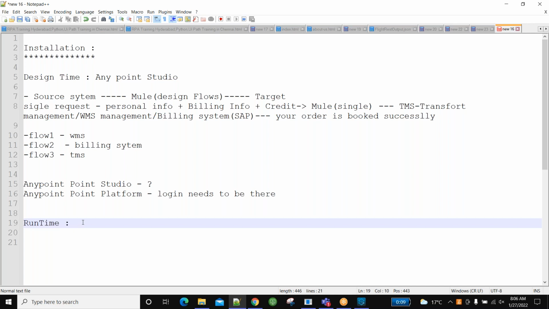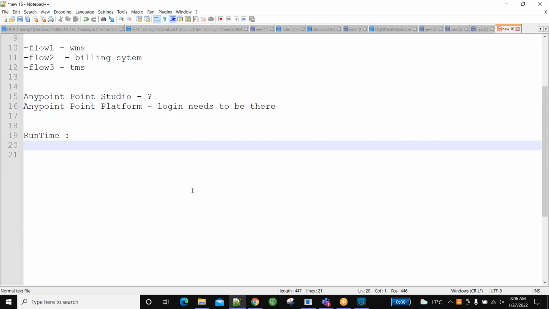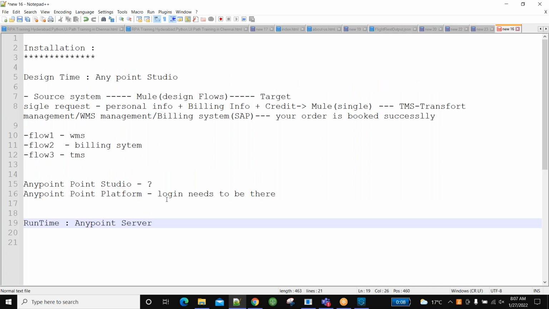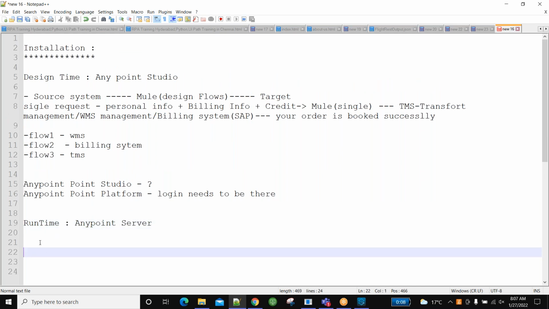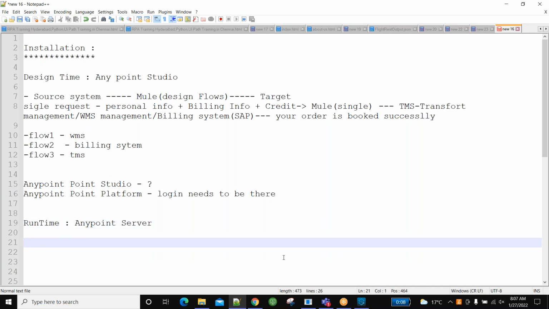That means indirectly I'm saying there should be some server. Without a server, how will the source system interact with us? Definitely we have to deploy on one server, right? So that server we will call the runtime. It is like the Anypoint server. MuleSoft has given 3 types of servers. This runtime server, as per our requirement, we can build. First thing is